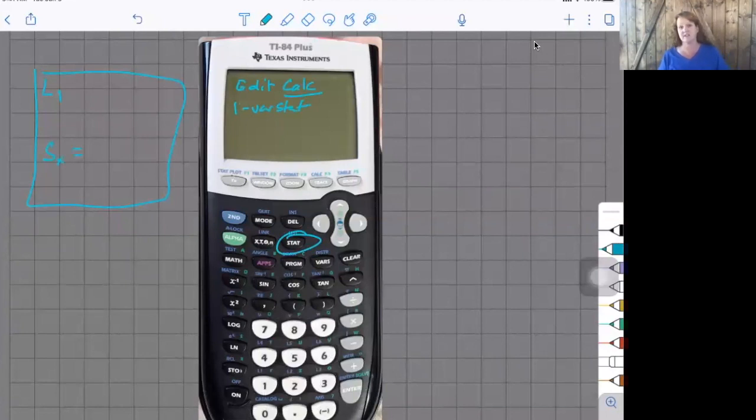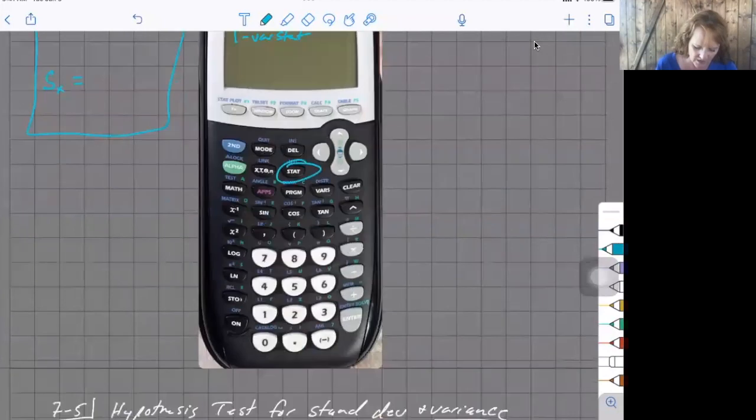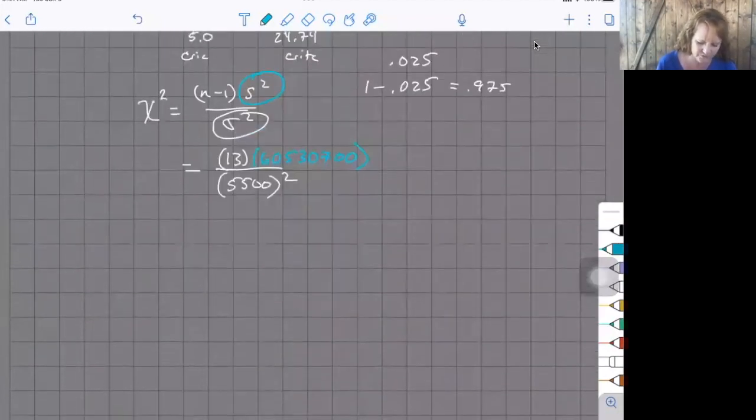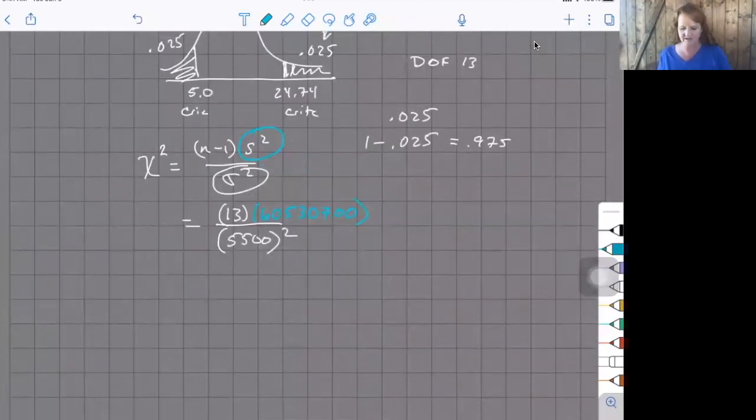That's going to be your sample standard deviation. And then you're going to square that number to get your variance. So either way, both of you have to pull this number off your calculator and then you just crank this out. So I'm going to go 13 times 605 30700. And I'm going to divide that by 5500 squared. And I get